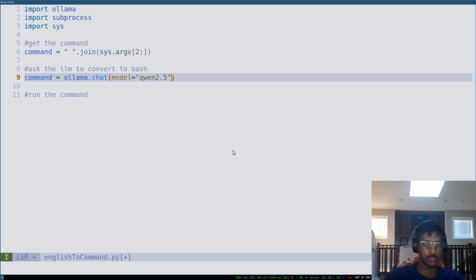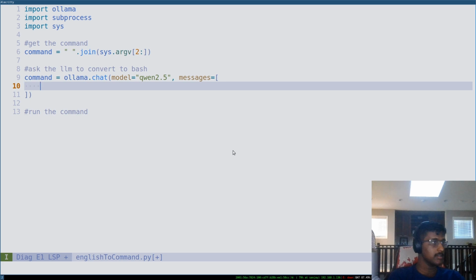So we're going to be using Qwen 2.5, which is not a thinking model. And so the inputs we're going to feed it, right? So the messages. Step one is we're going to give it the system prompt, which is what we're telling the model to do, given our command. So the role here is system. And the content of this thing is: the user will give you a description